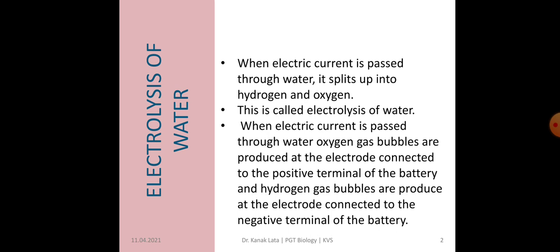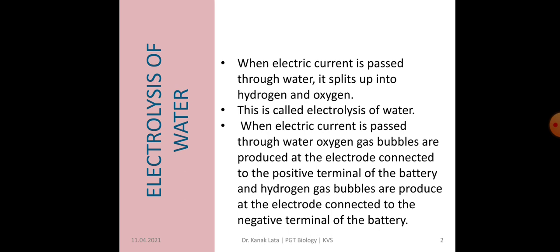Electrolysis is made up of two words. Electro means electrical and lysis means breaking. So, splitting of water into hydrogen and oxygen with the help of electric current is called electrolysis of water. We know that water is made up of hydrogen and oxygen. The formula of water is H2O. So, 2 atoms of hydrogen and 1 atom of oxygen form the water. When electric current is passed through the water, both hydrogen and oxygen split, and this phenomenon is called electrolysis of water.